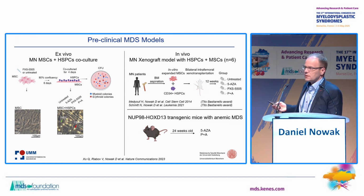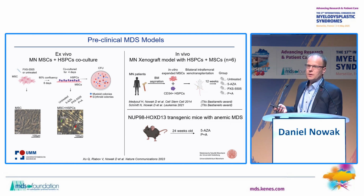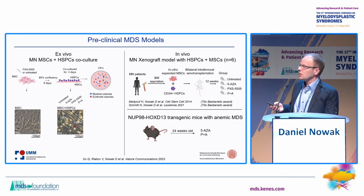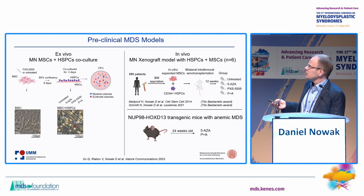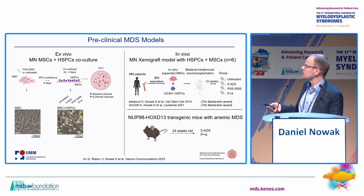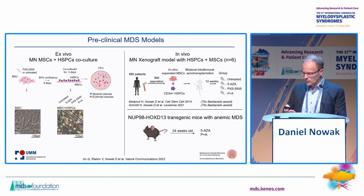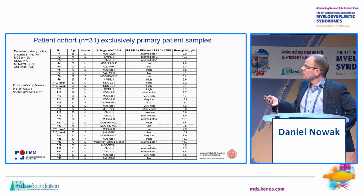And this model consists also of co-transplantation of MSCs and HSCs into immunodeficient mice. And this offers the unique opportunity to multiply one patient sample into several mice to test different treatment conditions. So the conditions we tested here were control, 5-ASA, so the mono substances, but also the combination of these two. And lastly, we are currently, I'll show you some preliminary data also of the substance combination in the well-known HOXD13 transgene MDS mouse model. So we used roughly a little bit over 30 patients,